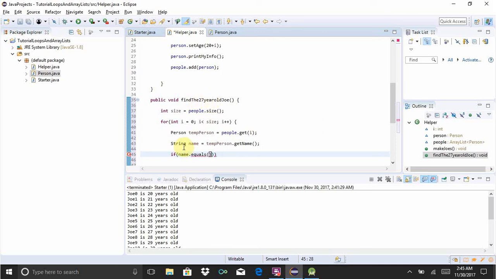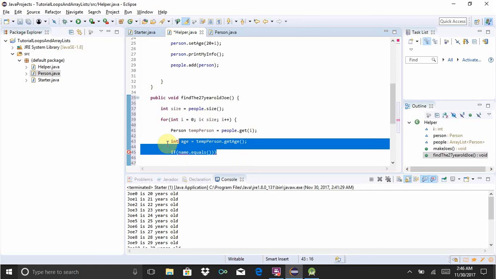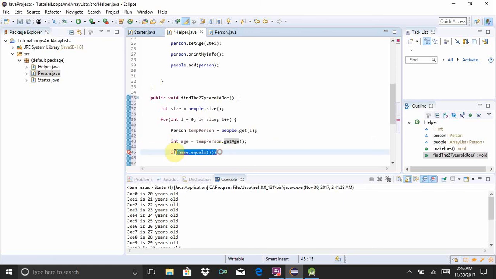Find the 27-year-old. int age = tempPerson.getAge(). Sorry about that. Let's start over right here, because we're trying to find the name of the 27-year-old Joe. So our age is going to be tempPerson.getAge(), and if age is equal to 27,